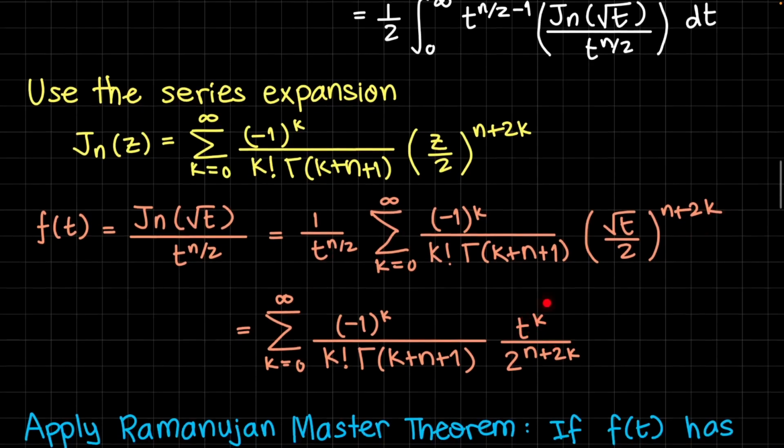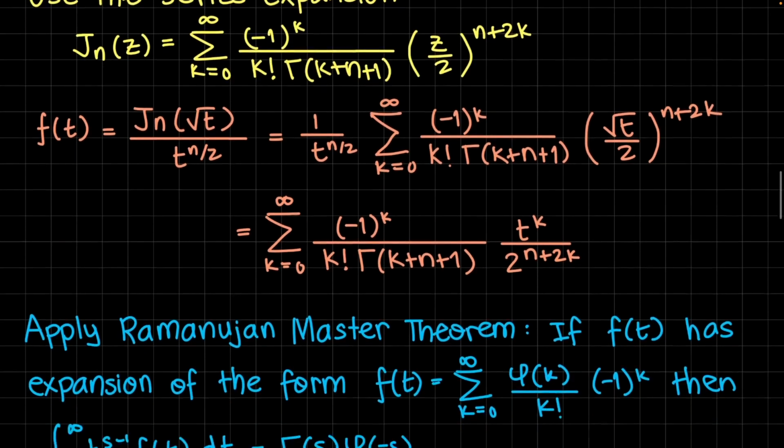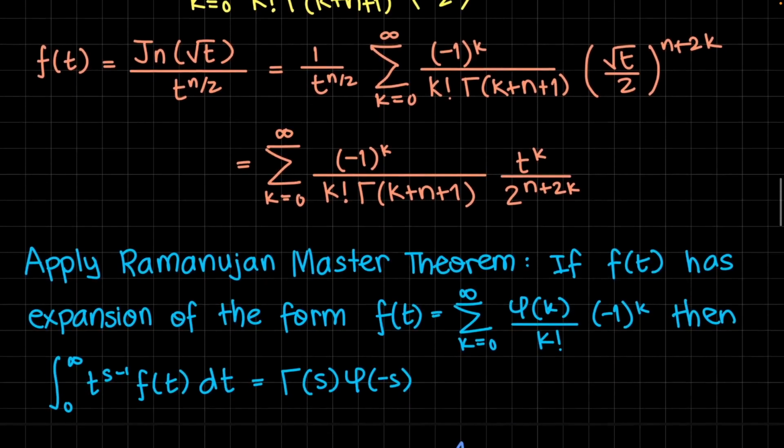So we have a t to the k over, in the denominator term of this factor, you have nothing special. So you have just 2 to the n plus 2k. Everything else is the same. I'm not going to bother repeating that. Now,